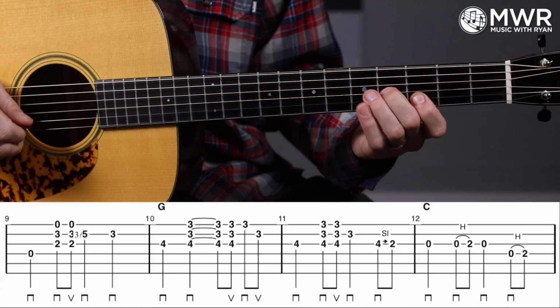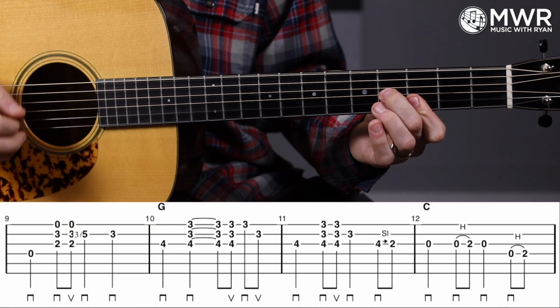So now I could have just strummed it the same pattern as we've been working on, but I did some strumming, and then I added just a little bit of cross picking. Again, this is kind of like an advanced beginner or intermediate arrangement, and I'm just looking for little ways to spice it up, be a little bit more expressive and creative. So 1, 2, 3, and 4, and